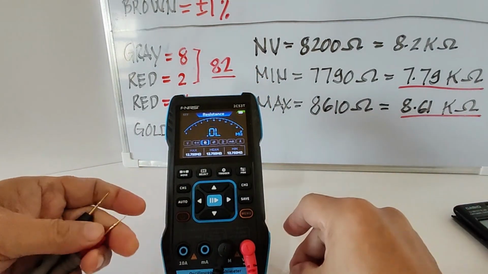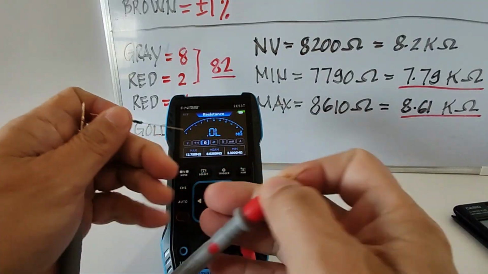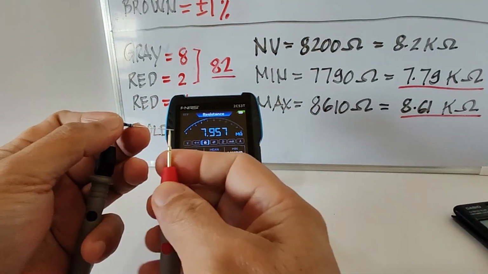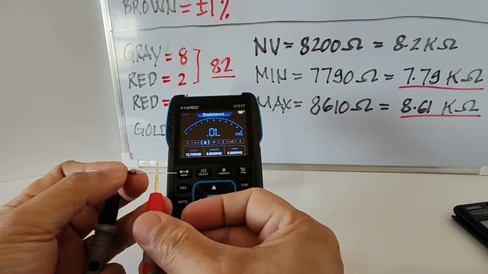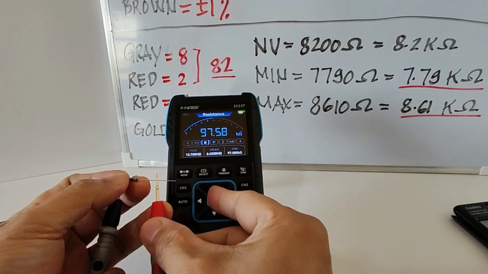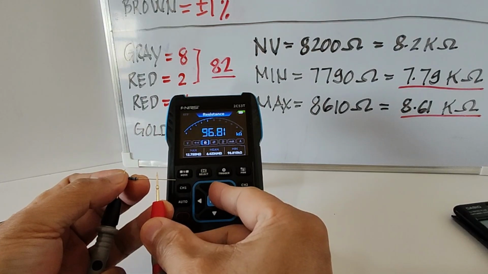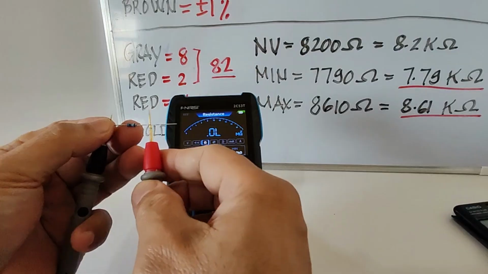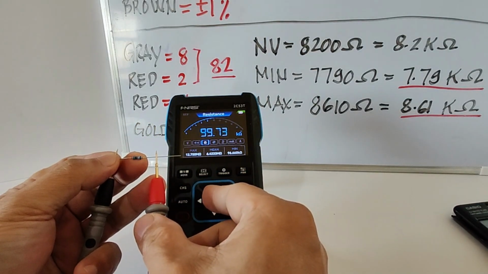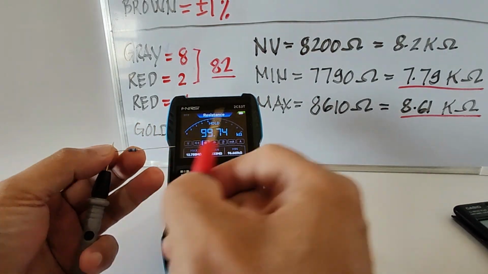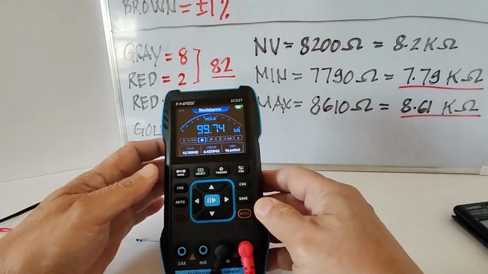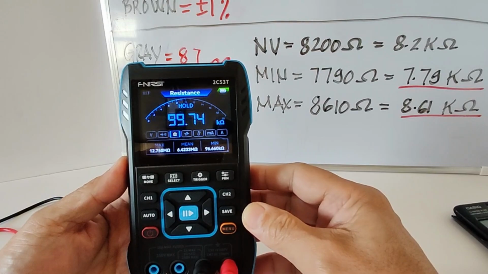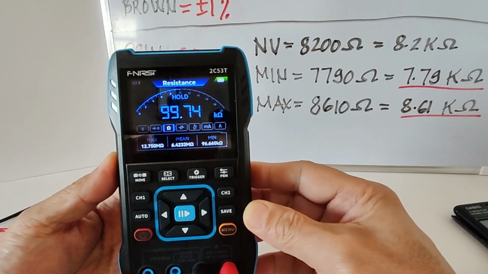And let's try to determine the measured value. I'm going to touch one leg, not touching the other leg, like this. And I'm going to get the value. As shown on the meter, the measured value of the resistor is